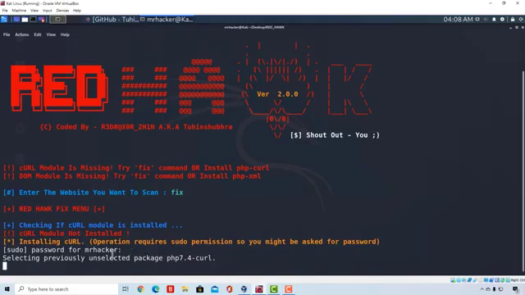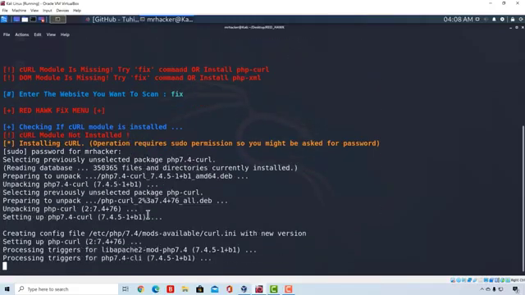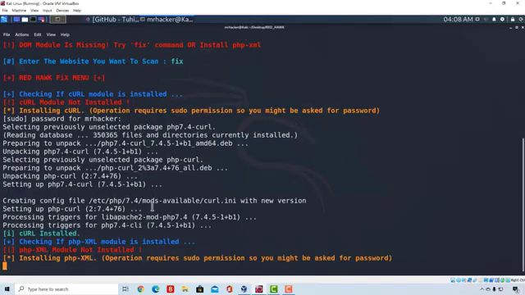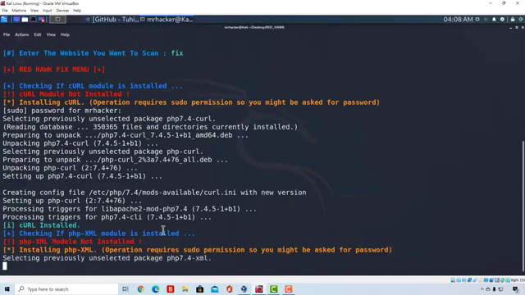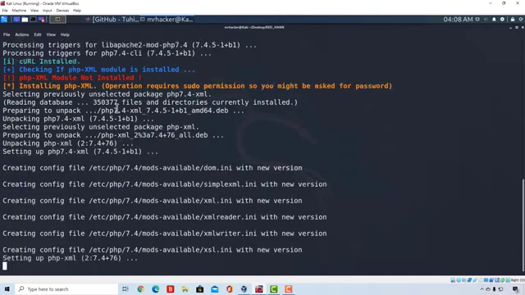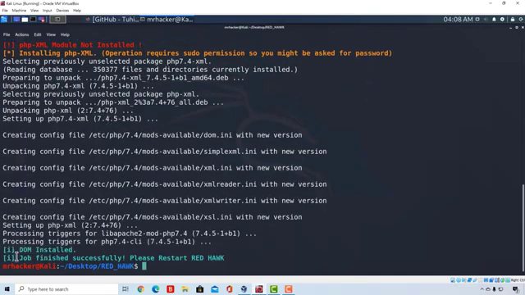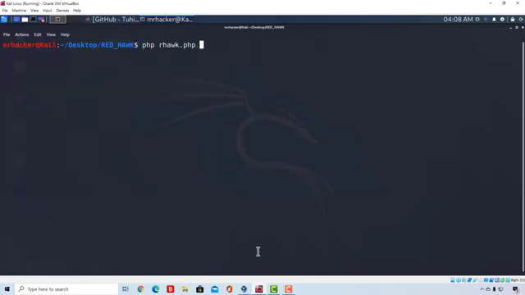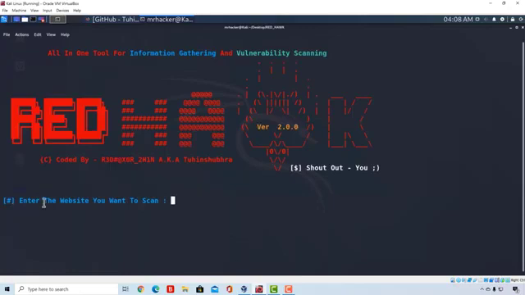And it seems to be downloading the curl module for us automatically, and we don't need to run other commands. It is also installing the second thing that I'm missing, so let's just wait for this to finish. And it tells us right here, job finished successfully. Please restart Redhawk. So let's clear the screen and run once again PHP Redhawk, and right now we don't get